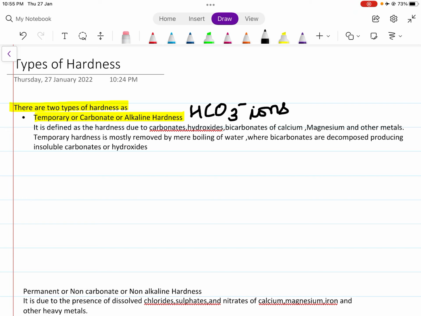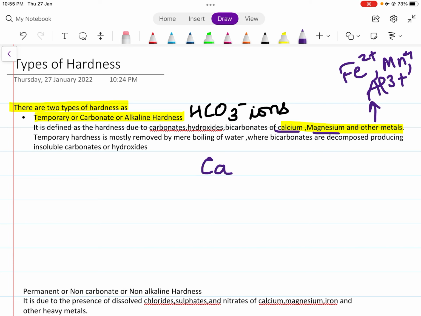It is defined as the hardness due to carbonates, hydroxides, bicarbonates of calcium, magnesium and other metals. These other metals are again heavy metals like ferrous, manganese, aluminium. Correct? So when I talk about calcium and magnesium carbonate,